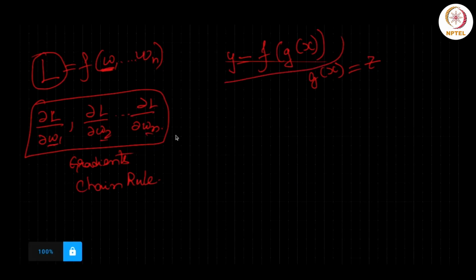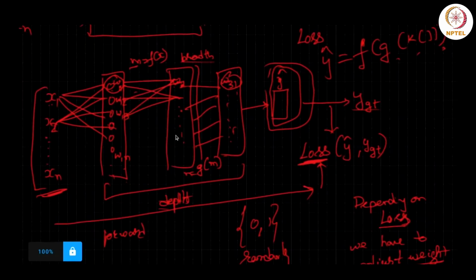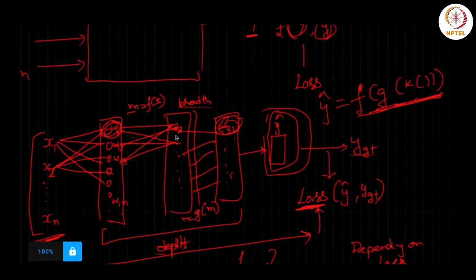So if you have a nested function like this, what you can do in turn is apply the chain rule and find out the gradients in a nested manner, right? And the same case applies in neural networks as well, because you have nested functions here, because you are going layer after layer, and you can come back and say that for me to compute the gradients of this, I'll compute the gradients of this first, then based on that I'll compute the gradients of this, based on that I'll compute the gradient of this, and this would be multiplication of all these three, right? And that is what is called backprop,